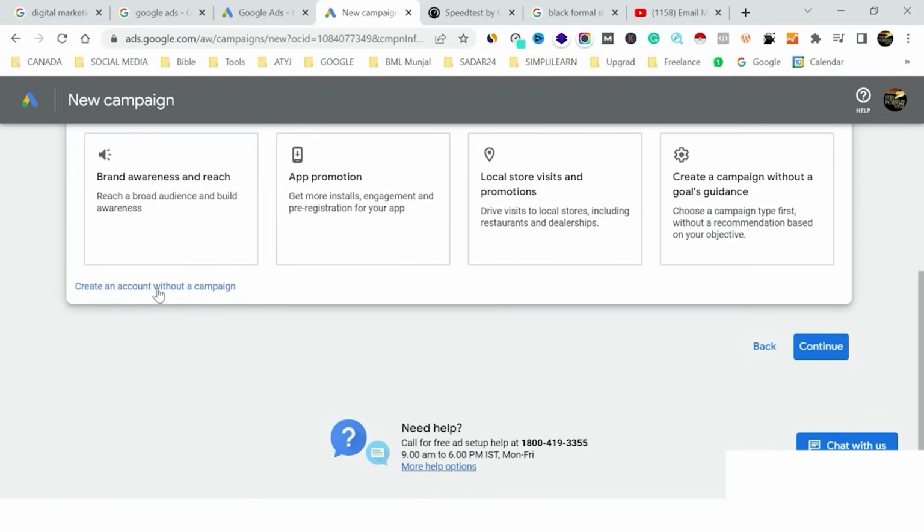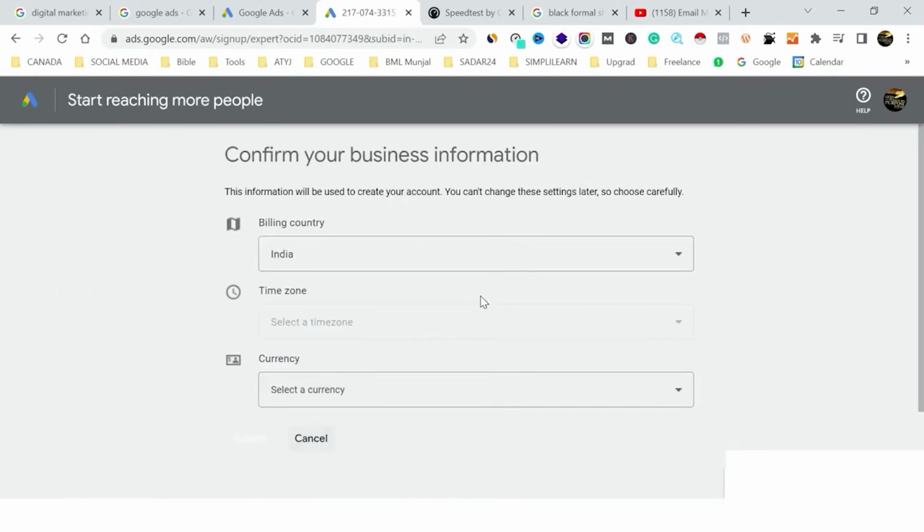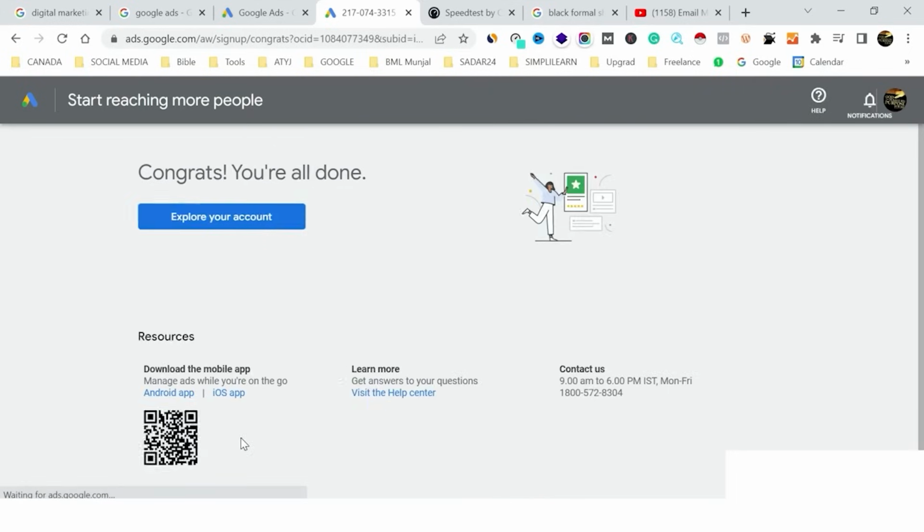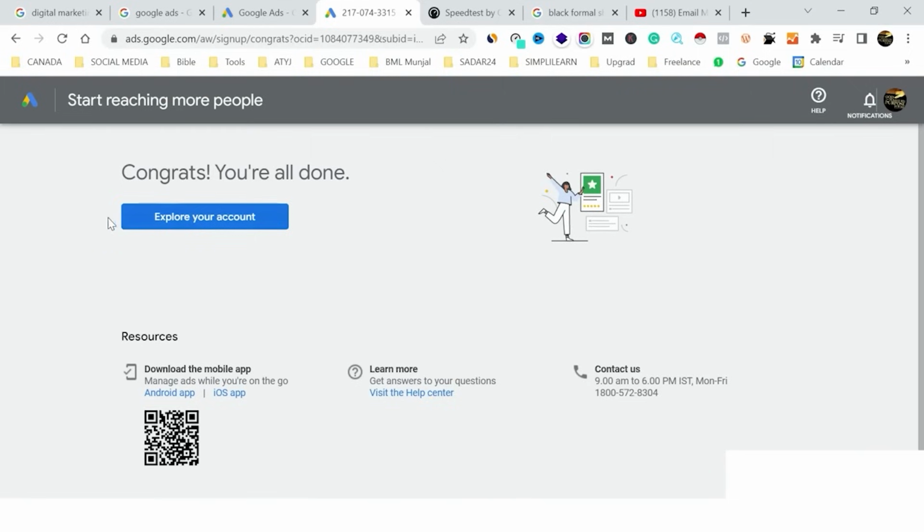When you click this, you see there are a few basic questions being asked, like from which country your billing would be, which time zone you want to follow, or which currency you would be paying in. Once this is done, just click submit. Once this is done, congrats, you're all done. Then you just need to click on explore your account,